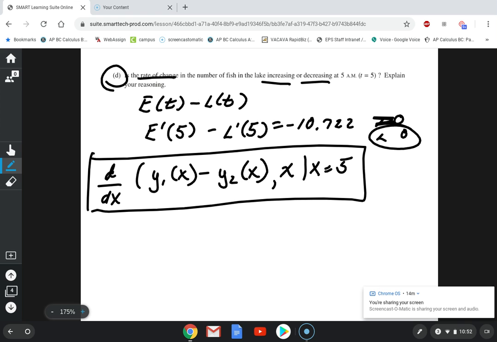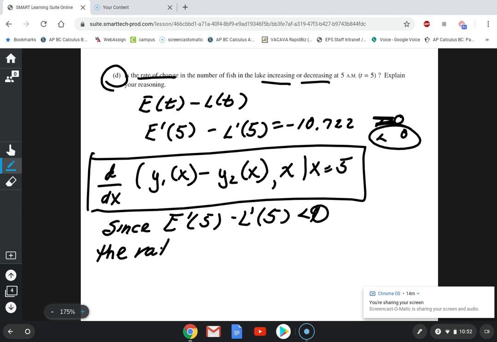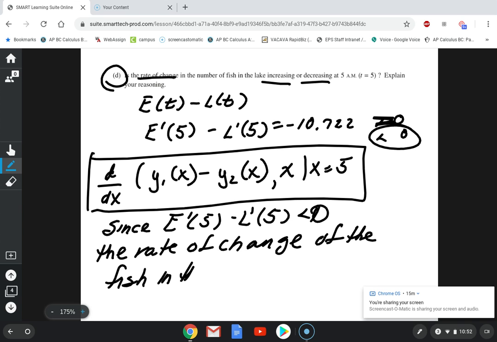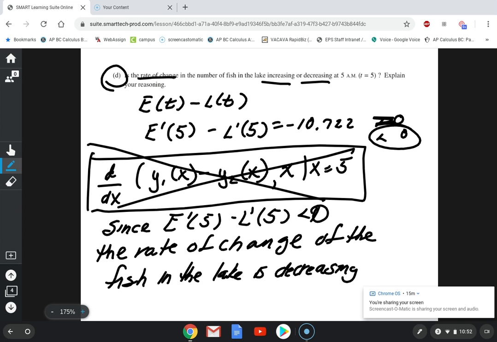So since E prime of 5 minus L prime of 5 is less than 0, the rate of change of the fish in the lake is decreasing. So that is what I would do. Again, not including the calculator speak on the AP exam. Now, they did